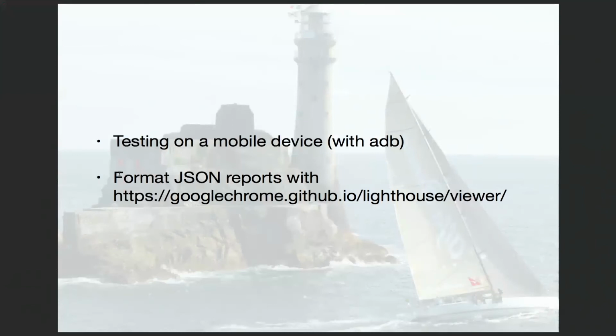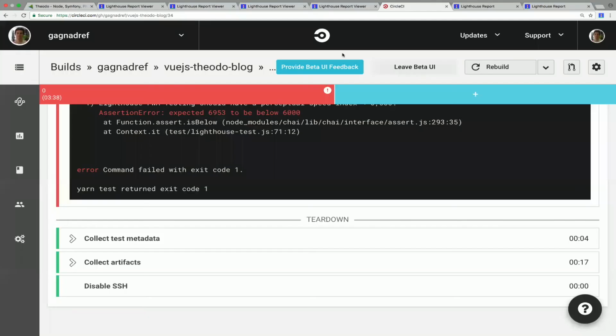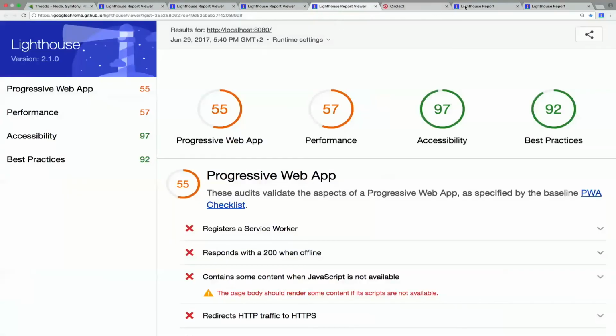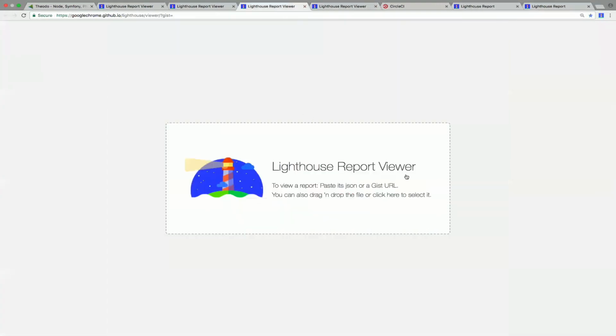And the second point is this small application made by Google. This one, Lighthouse Report Viewer. You can give it a JSON report, and it will format it as an HTML report.